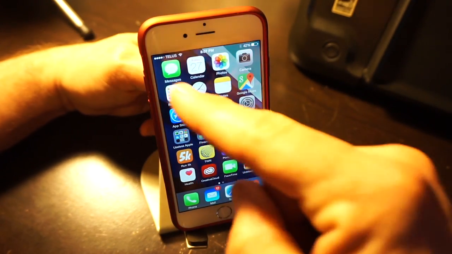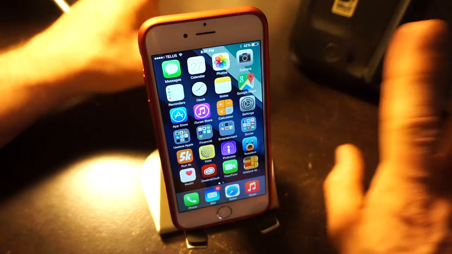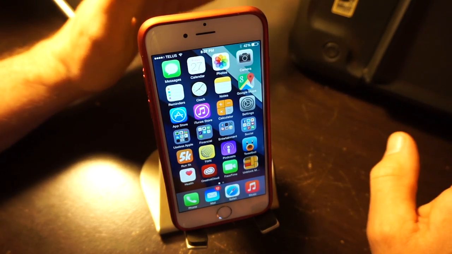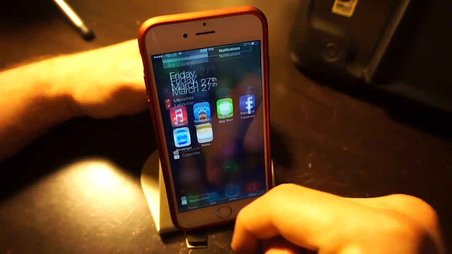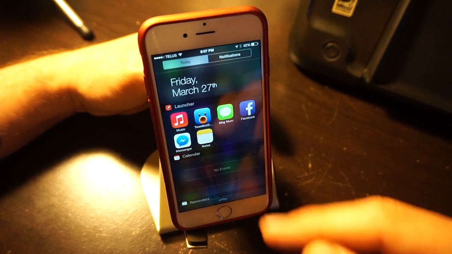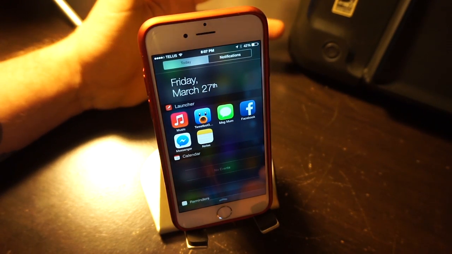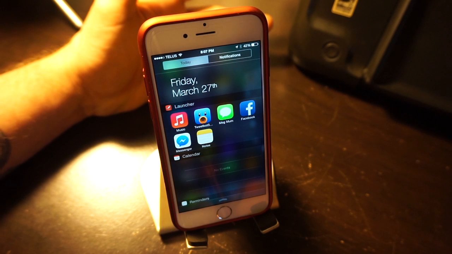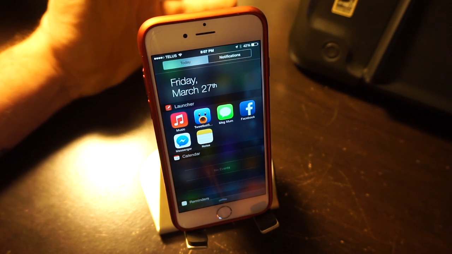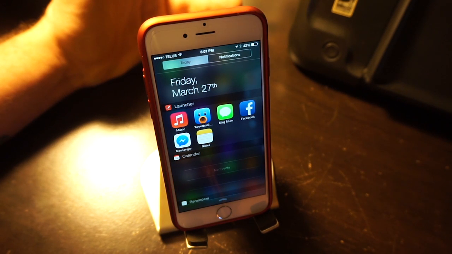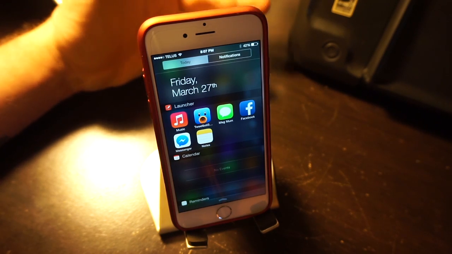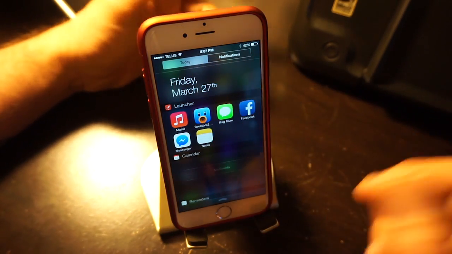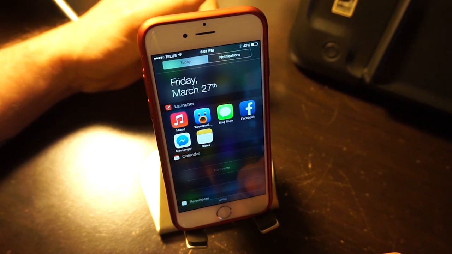So starting off, we have messages, which I use frequently and often. So they are right up front, top and center. Here in Notification Center, I also have the Launcher app. You can download this from the App Store. Larry Greenberg was tweeting about this last week, and I downloaded it and installed it, and it's fantastic. It shows you, you can customize all these things that show up in your Notification Center as well,